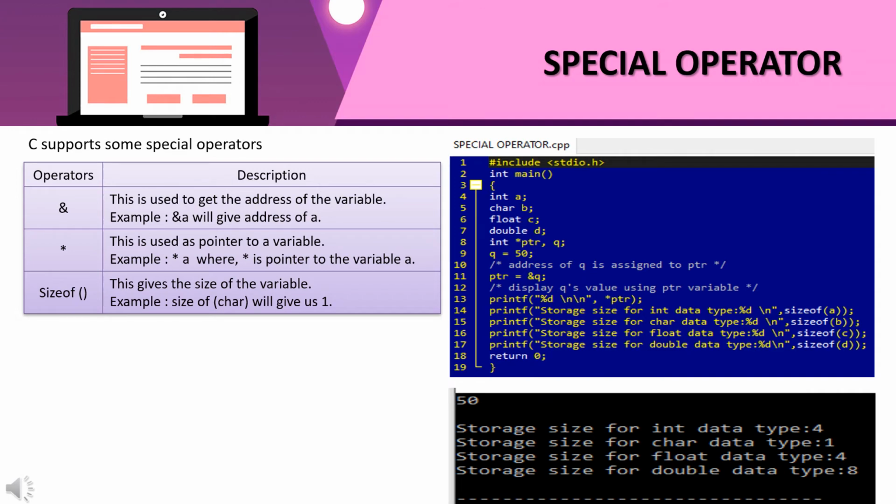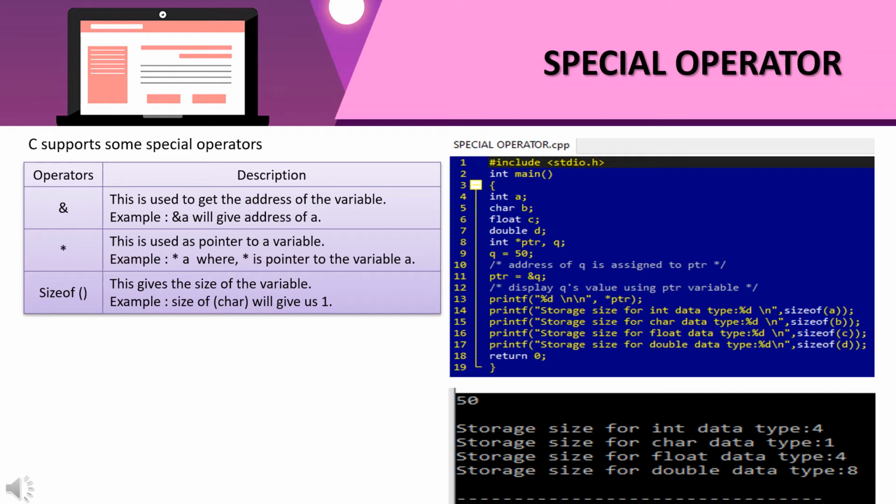C language also supports some special operators. Those are ampersand, star that is used as pointer, and also sizeof operator. Ampersand is used to get the address of any variable, like ampersand a will give us the address of a.